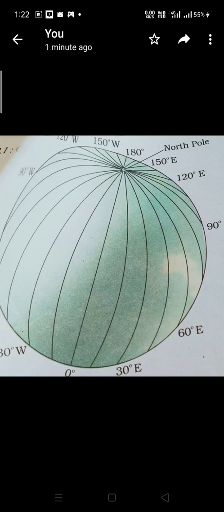Now what are longitudes? Longitudes are vertical lines drawn from the north pole to the south pole. Vertical, okay, straight lines drawn. On the earth, on the globe, what have we already drawn? We have drawn latitudes. Those are the horizontal lines, and now we will draw vertical lines. So because of this, what will form? First of all, how will you draw the longitude?